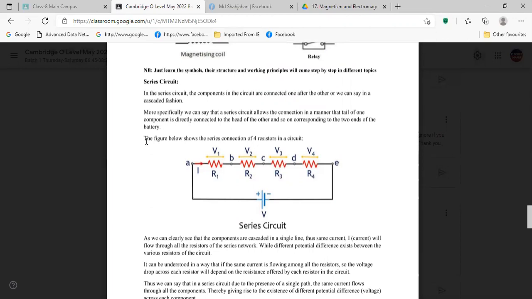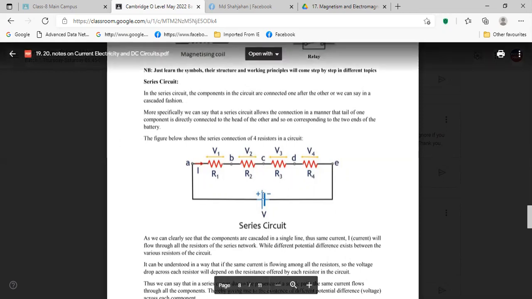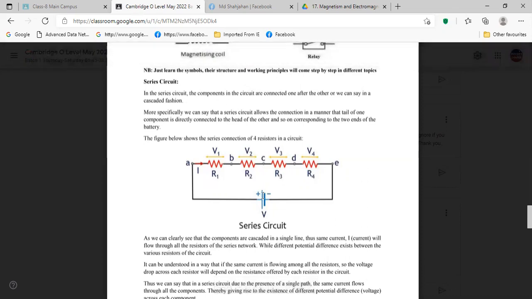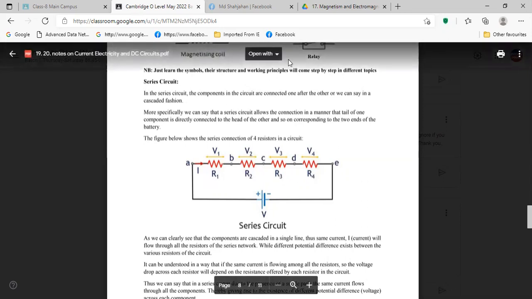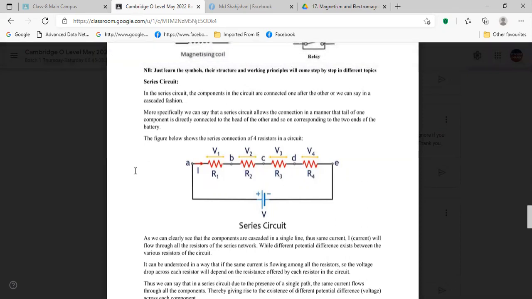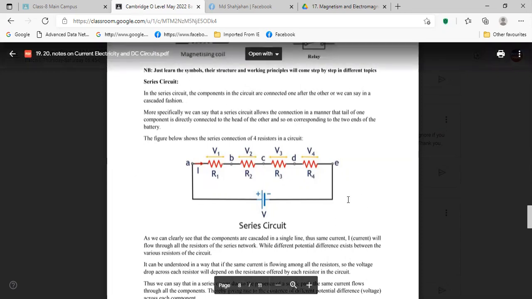So you write the heading series circuit, then draw this diagram. Then you write a note. After you are done with this drawing, you write